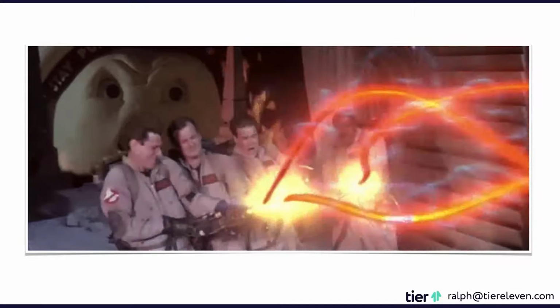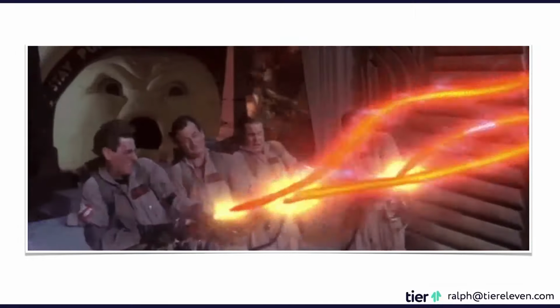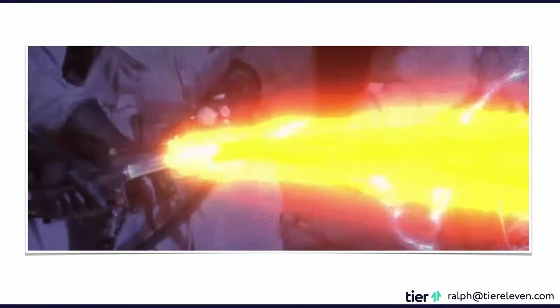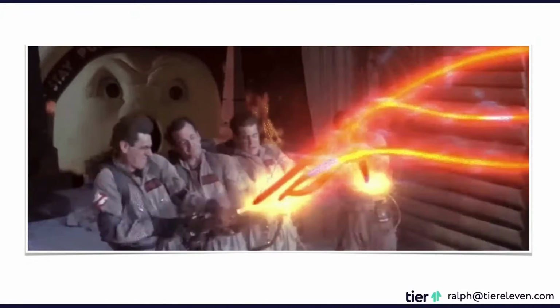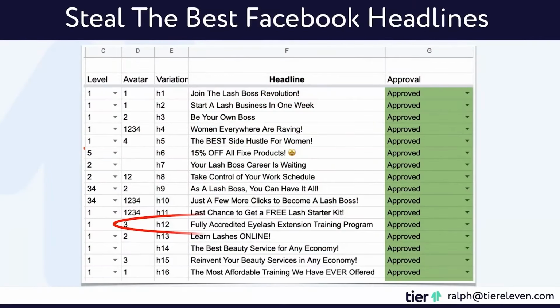We basically took the best performers from some of our Facebook ads and we just brought them on over to Google. Like, why wouldn't you? So, I mean, it absolutely is okay to cross the streams, and you might kill the Stay Puft Marshmallow Man at the same time. I'm not really sure that's a good analogy here, but the point is